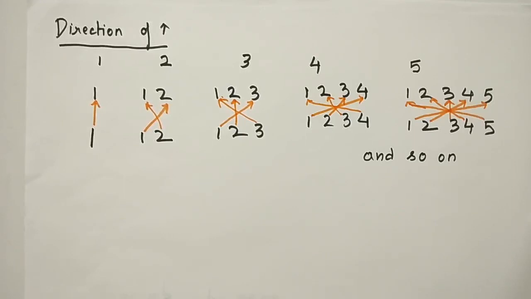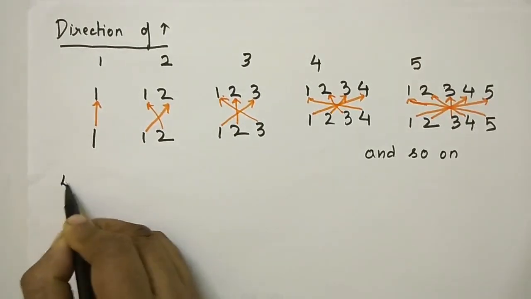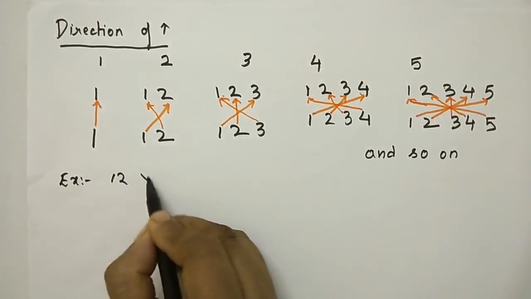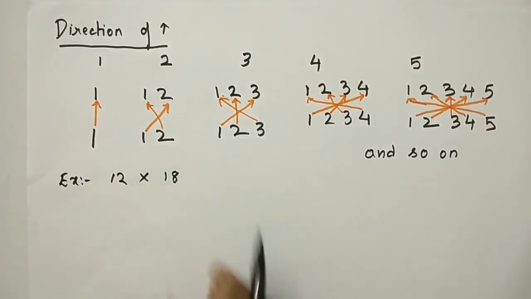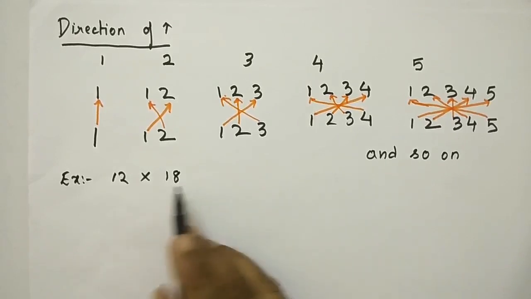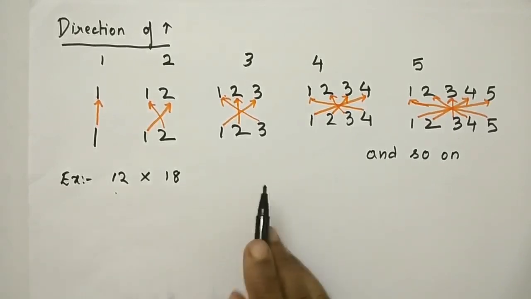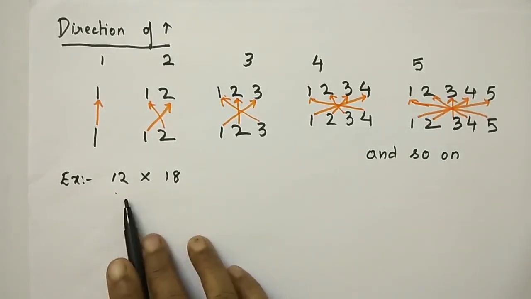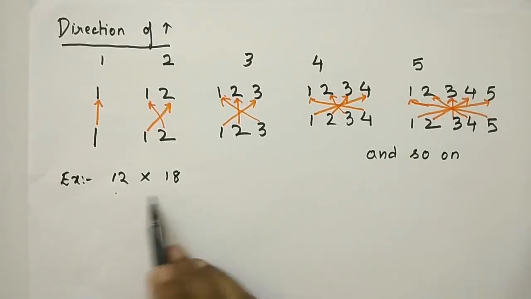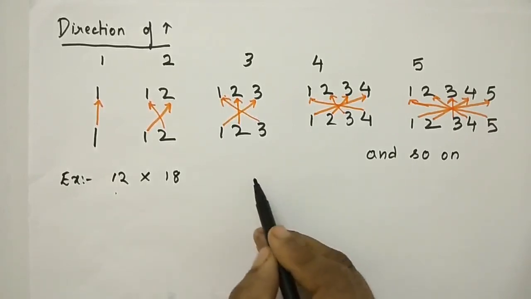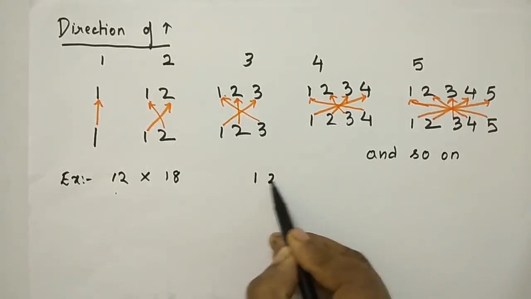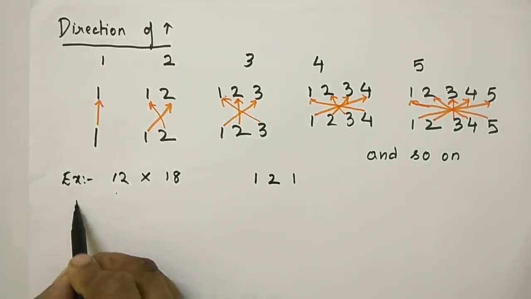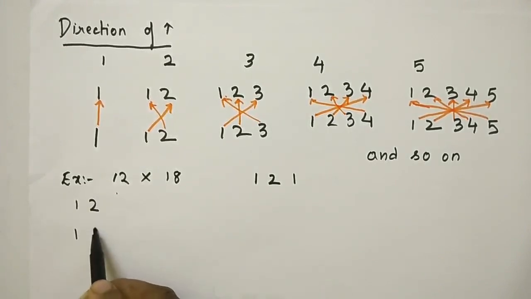Let us take an example and calculate the value. Suppose we have to calculate the value of 2-digit numbers. That is, the multiplicand is of 2 digits and the multiplier is also of 2 digits. First, bring the pattern of the arrow for the digits of this multiplicand and multiplier. The pattern of the arrow will be 1, 2, 1. Is it not? So, now write down here 1, 2, 1.